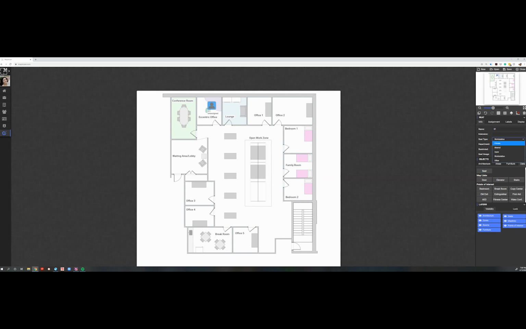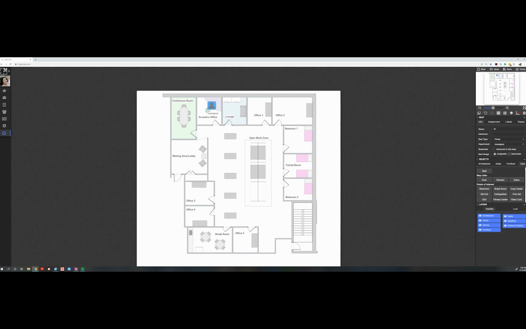If you want to restrict a seat to a certain department, you can do that here. If the seat is meant to be a permanent assignment, you can select Assignable as the seat usage. If it's meant to be a hot desk or reservable, designating it as a reservable seat would be ideal for you. This would allow occupants themselves to reserve the usage of that seat if they have a user account to